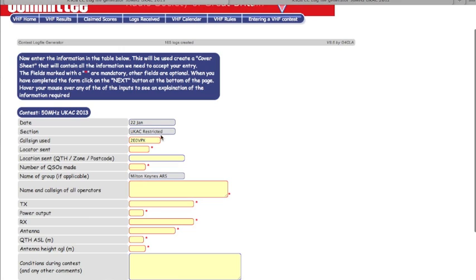Okay, so 22nd of Jan, UKAC restricted, 2E0VPX, locator sent, my locator, India Oscar 91, Quebec Victor. QTH location sent, well, in this particular case, we don't have to send it, but it's Leighton Buzzard. In this contest, you don't need to say where you are, but that's where I am. Number of QSOs made tonight was pretty abysmal, but not as bad as it was the last time. 31. Milton Keynes IRS, name and call sign of operator. Andy Brown, whoops, go back and correct that. Andy Brown,